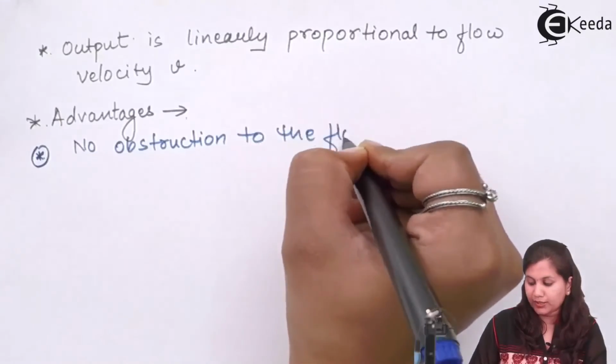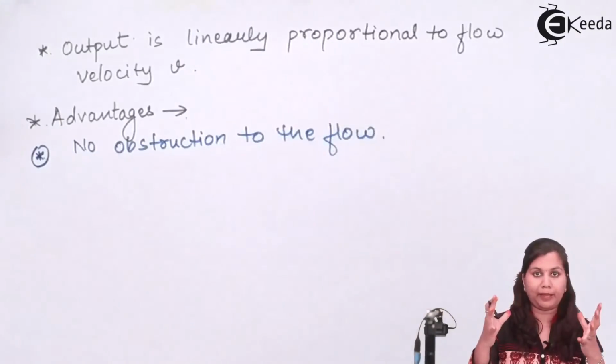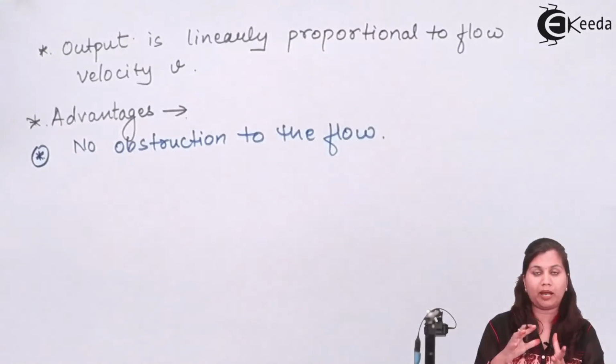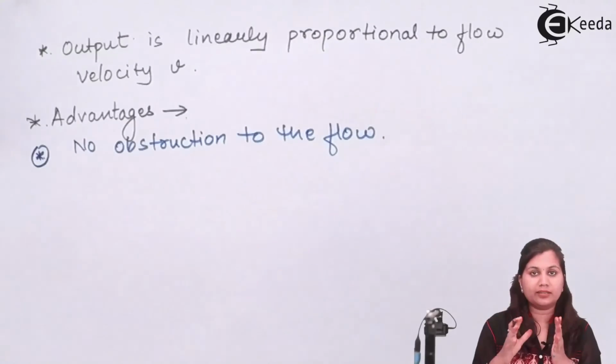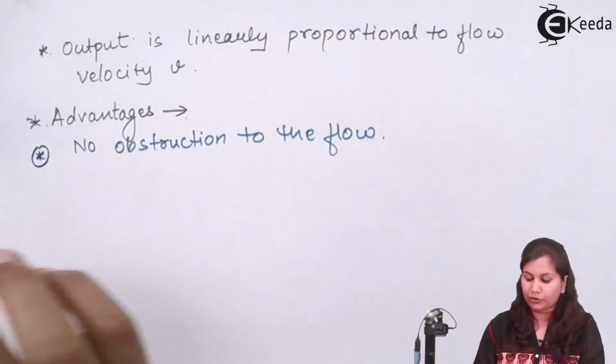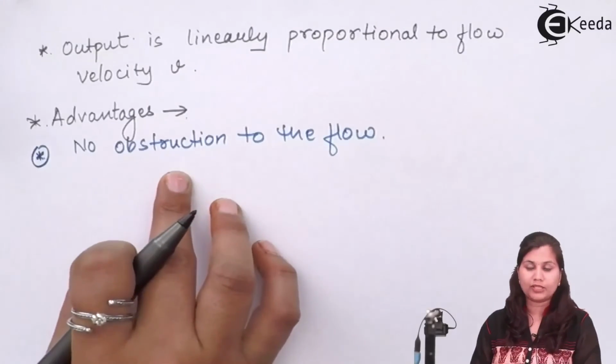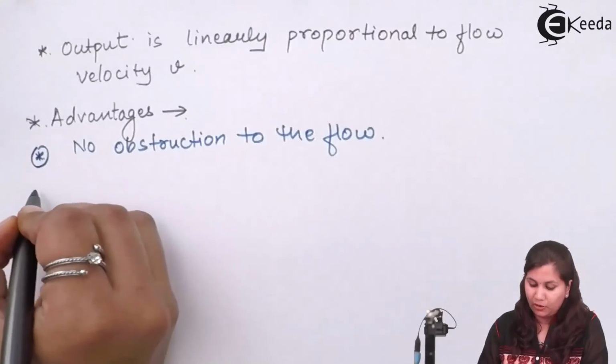The transducers are present outside the pipe, and all the instrument parts are all outside the pipe, so they are not affecting the flow of the fluid. So that is the main advantage of these ultrasonic flow meters. Also,